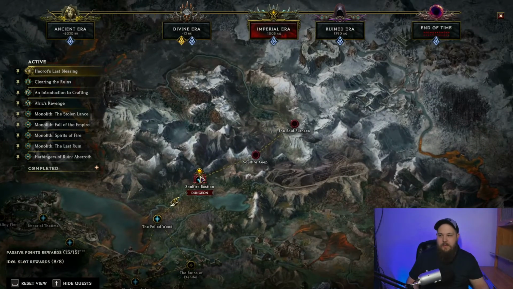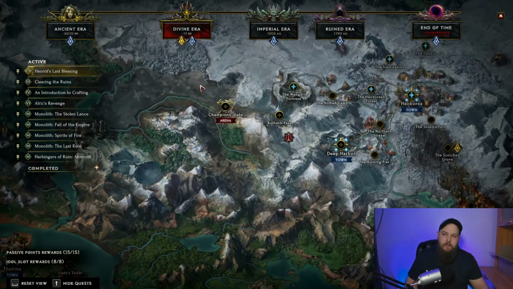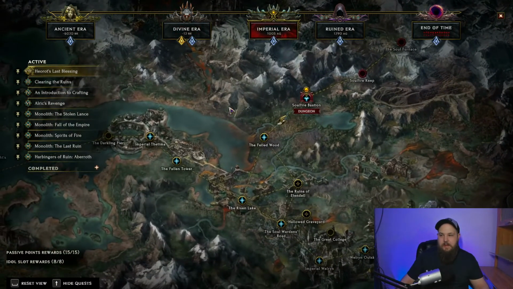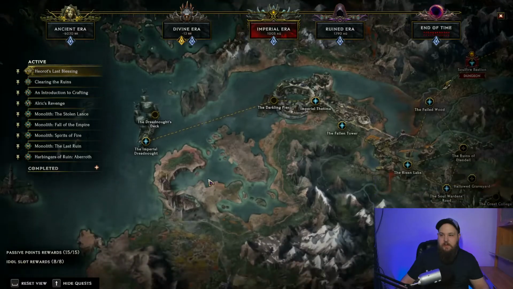But you do Soulfire Bastion, you go through, you fight the boss, and basically where this is going to spit you out then is the Divine Era here, and it's right next to where the arenas are located, the target dummies, the testing dummies. So this area here in Divine Era. So you're moving through the timelines and skipping big chunks of the campaign. By doing Soulfire Bastion, you're skipping all of this path over to the Dreadnought